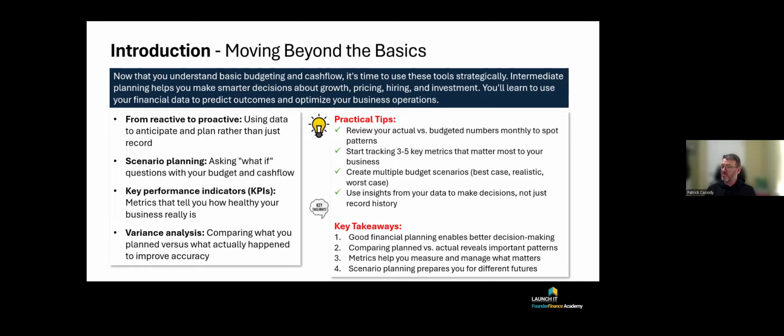How do you start to spot patterns across your business? What are the 3 to 5 key metrics that you should use to plan your business? How do you look at different scenarios? And generally, we would break that into 3: what is the best case scenario? If everything went right within my business, what would it look like? And what does that mean for my business? What do I really expect to happen? And importantly as well, what's the worst case scenario?